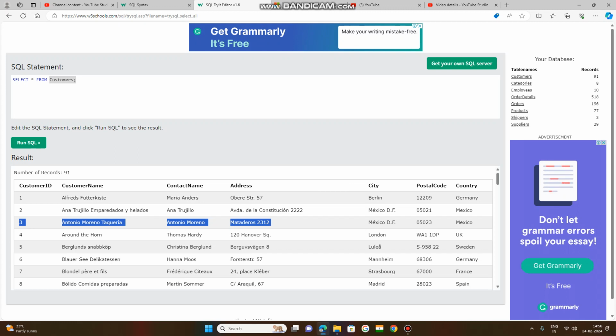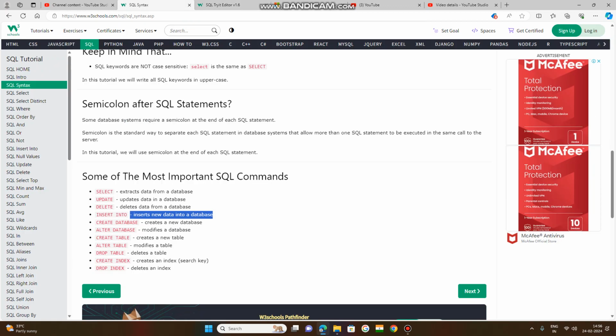I can insert by INSERT INTO. CREATE DATABASE: by this command we can create a new database. ALTER DATABASE: we can modify the database. Okay, next,